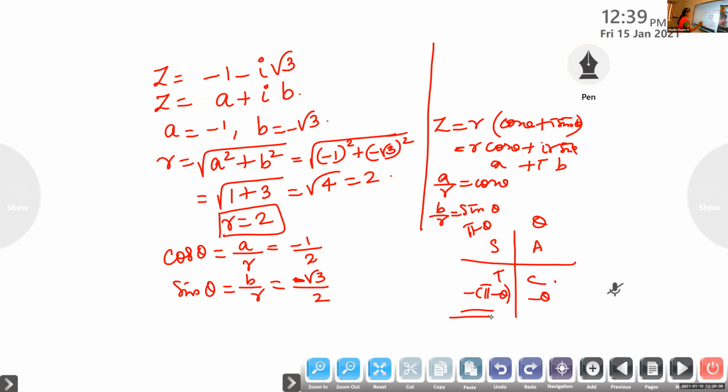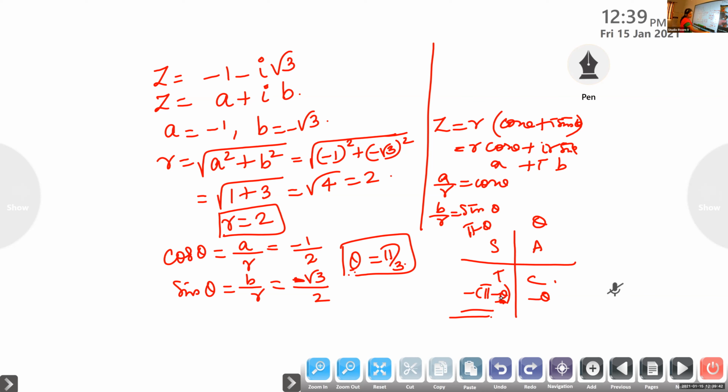So first you fix theta. What is theta? For cos, which value will you get 1 by 2? Or you take sin. Sin of dash is root 3 by 2. Pi by 3. So theta is pi by 3. Therefore, what is the argument here? I am first fixing this theta. So the angle is pi by 3.